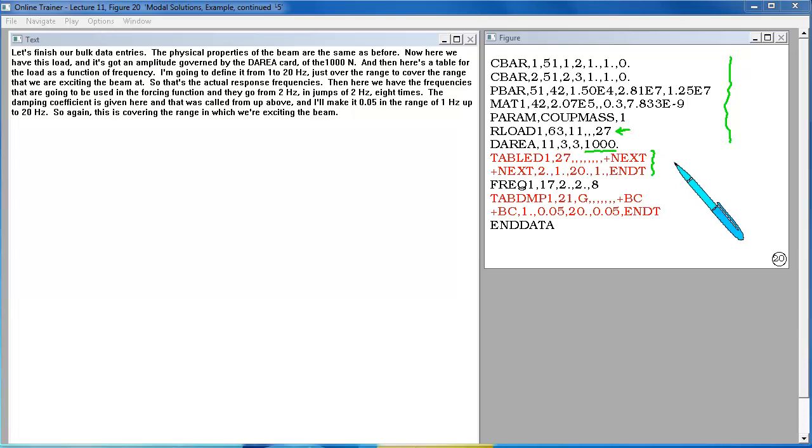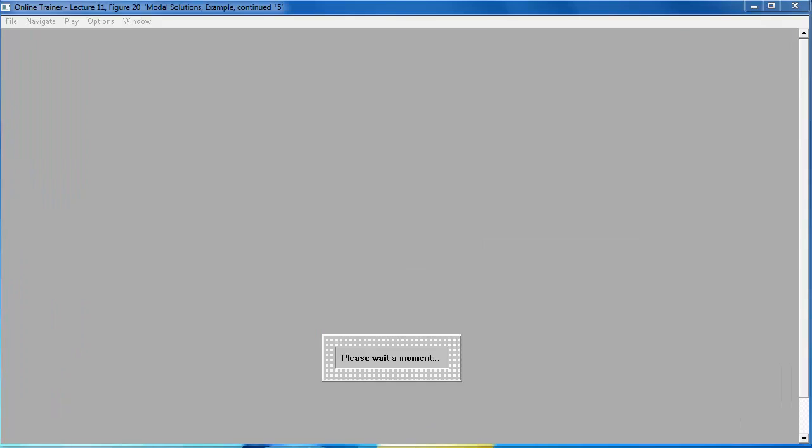I'm going to define it from 1 to 20 Hertz, just over the range, to cover the range that we are exciting the beam at. So that's the actual response frequencies. Then here we have the frequencies that are going to be